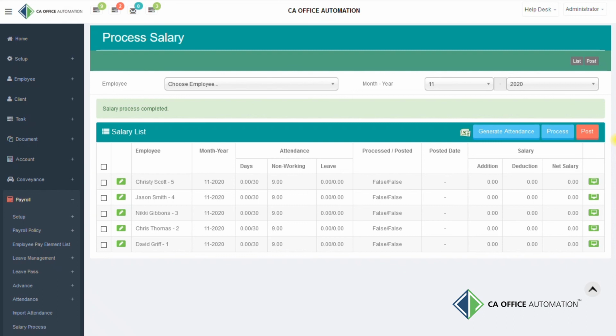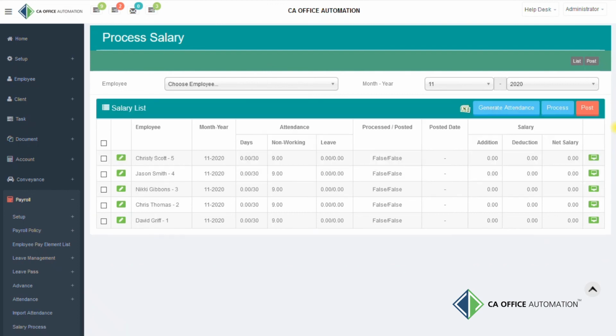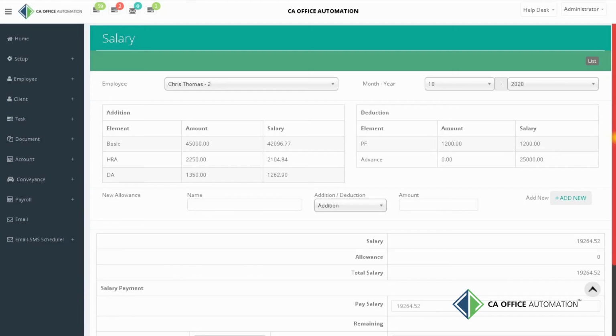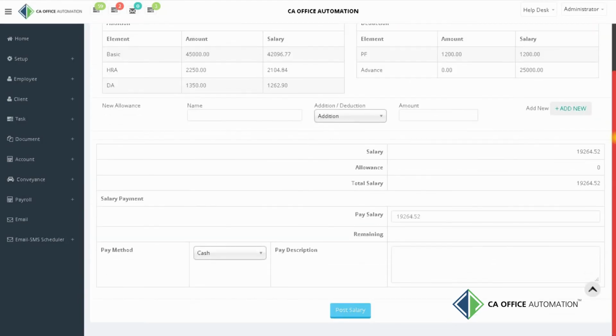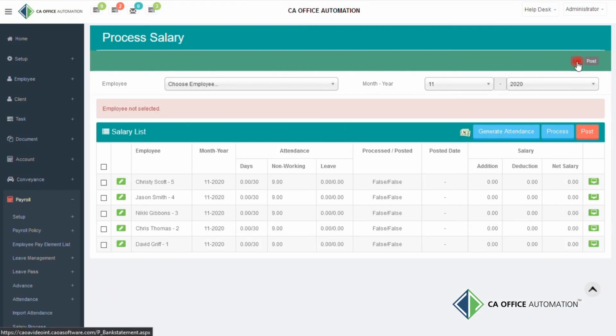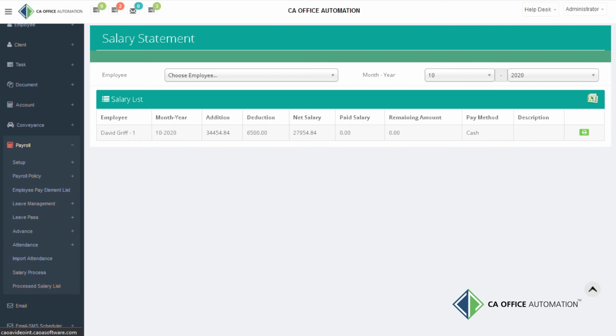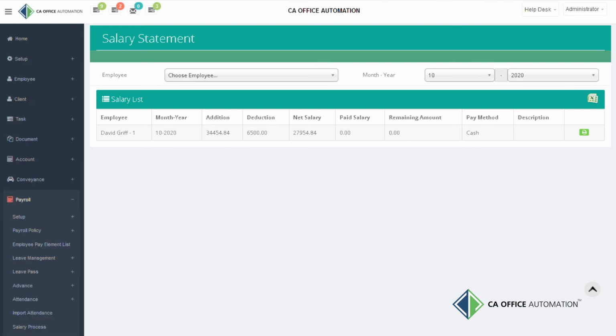If there is any rectification reported by an employee, it can again be processed. If everything is fine, then salary details will be posted by clicking the Post button. However, if required, desired addition or deduction can be done by clicking on the Post Salary button given beside the checkbox. We can also view the salary details by clicking on View Data. And by clicking on Processed Salary List, you can see the employee-wise processed salary and you can take a print of the salary slip. Also, your employee will get an email or SMS notification of the same.